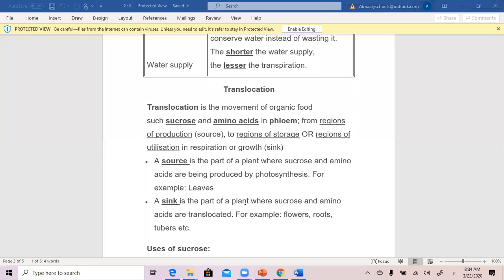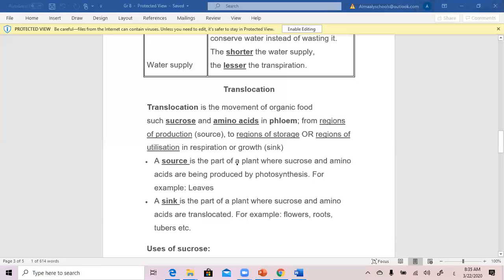Source refers to the site where plants produce their own food. And sink refers to the site where the plant stores the produced food. Do all of the students understand what the source and sink are now? You must understand it well, because after that you have a problem. I want a lot of students to take part with me. No problem, so I will read another time.